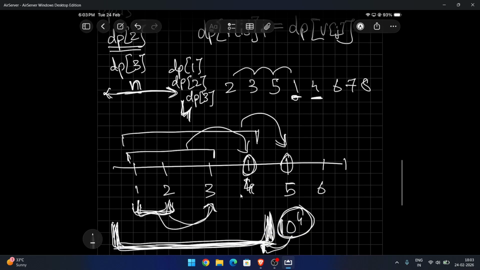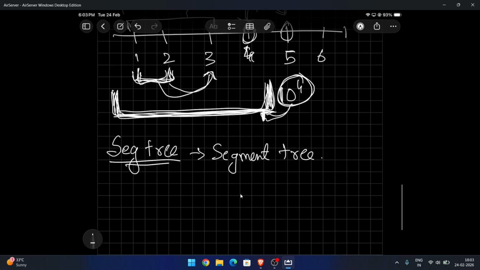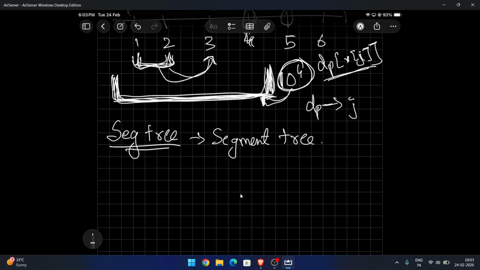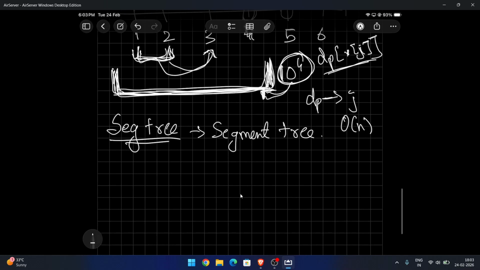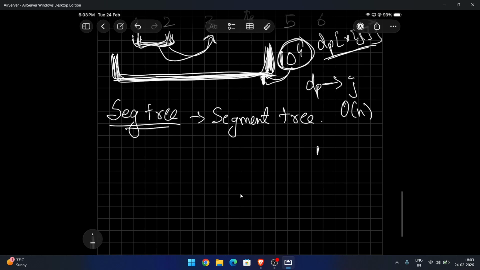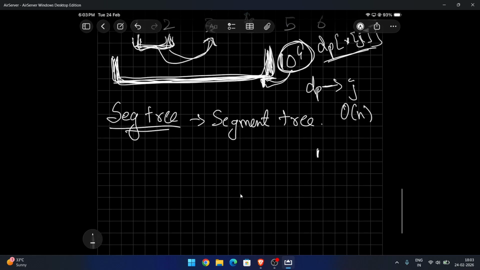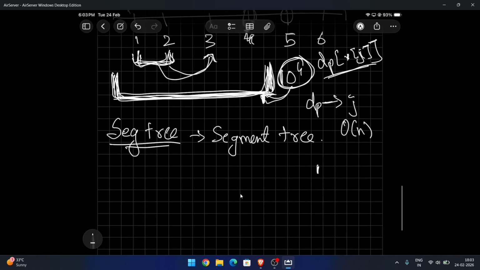Let me show you. So what was the first issue? The issue was we were iterating for every j index. First we were storing the jth value in DP, but that was not useful because we are iterating through every n also. And the second thing was, if we see it as a segment,